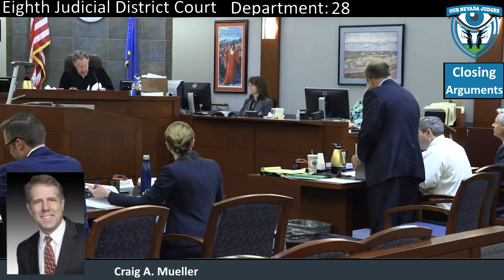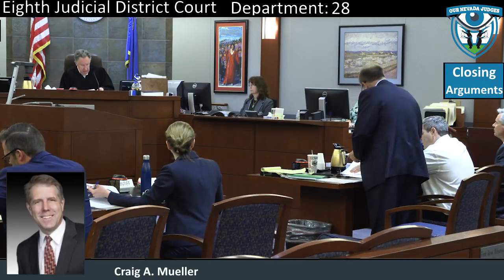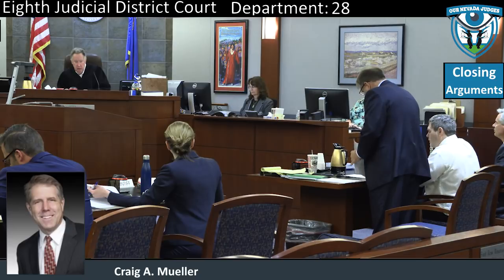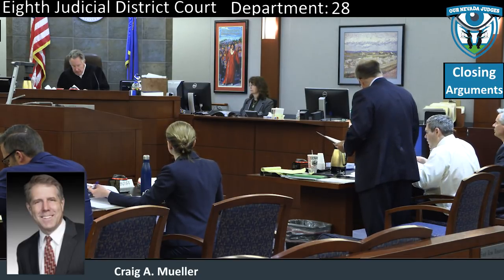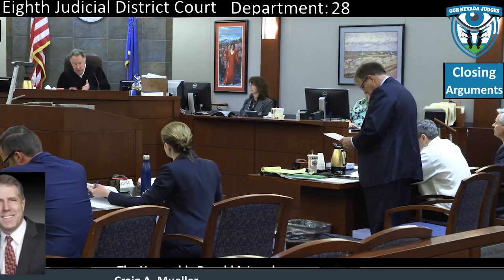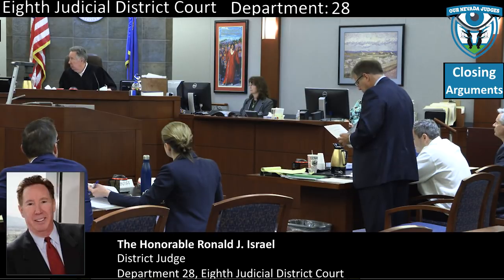They come down with the stock instructions, and the defense either adds or complains about one or two. In this instance, we just believe that specific intent instruction is actually a more correct statement of the law and it needed to be added. All right, so I'm going to go pull the case because I'm not familiar with that. And since we do have plenty of time,